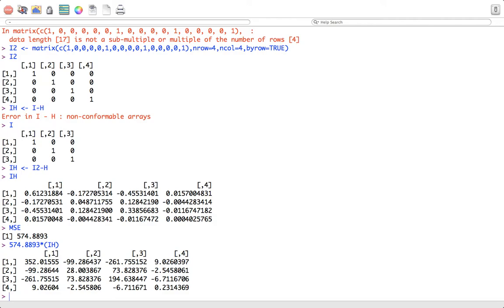First of all, what's the variance of the error E1? And we can see that that's 352.02. And the variance of error 2 is 28. The variance of error 3 is 194, and the variance of E4 is 0.23. I don't know about you, but that's a major red flag, because we need constant error variance. And to me, 0.23 and 352 don't appear to be equal in my book, considering, again,